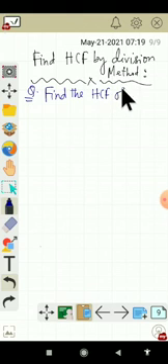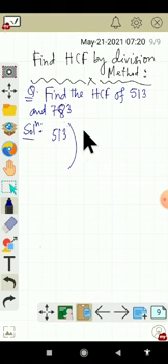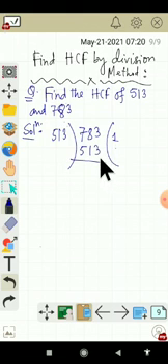Find the HCF of 513 and 783. So what will be the solution of this? How do you solve? First take the smaller number as the divisor and the bigger number as the dividend. It will go once only, one time. So the subtraction will be